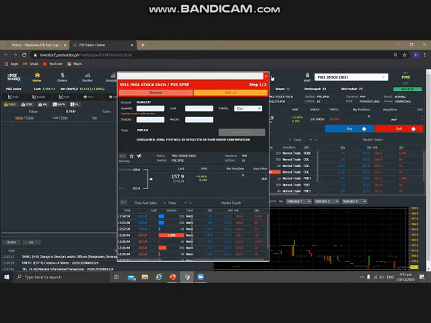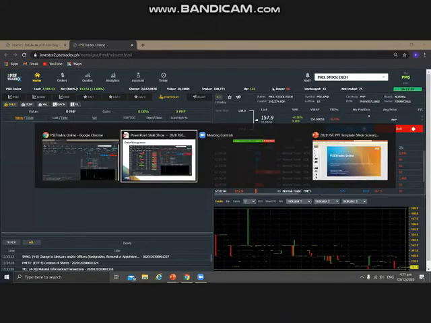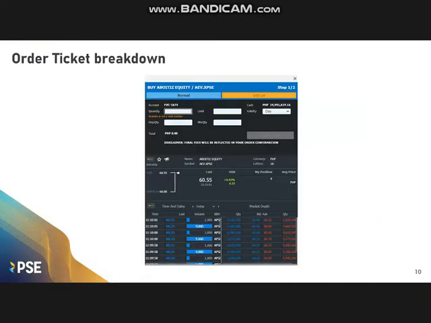Now let us discuss what we can see in the order ticket. Order ticket, the breakdown. What you will see first is the quantity field, which is how many shares you wish to buy or sell. The limit field is the price that you're willing to buy or sell that particular stock. The validity field displays what type of order you wish to post: a day order, a GTC order, a good till cancel order, or a good till